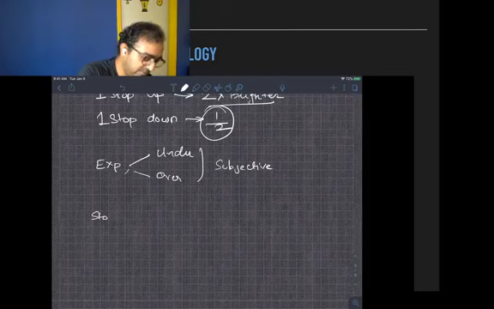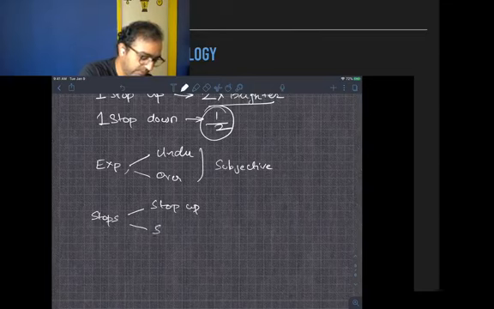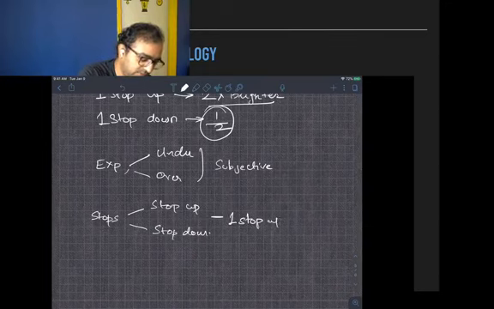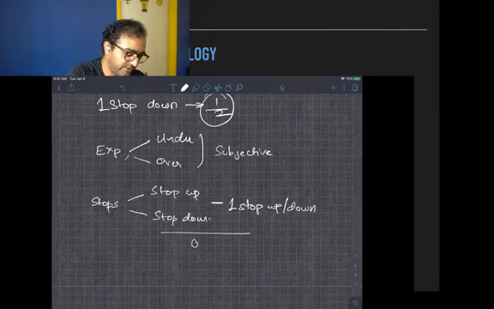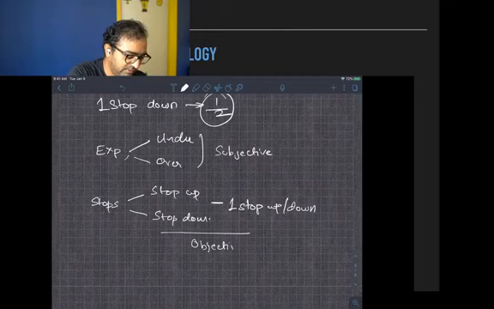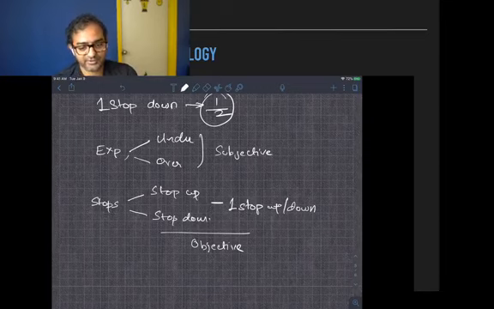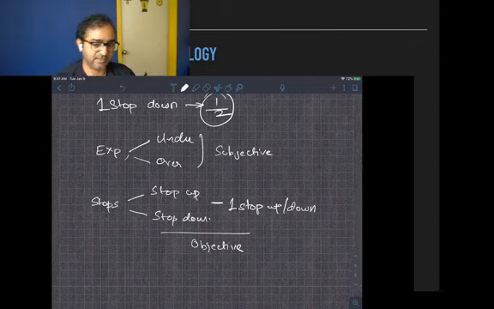We have stops. You can stop up or you can stop down. By how much? By a number of stops. So one stop up or down, and this means half or double in brightness. And these are objective measures. This is all objective. Now, again, what does objective mean? Objective means it doesn't change based on my opinion, right? One stop up is one stop up no matter who's looking at it. One stop down is one stop down no matter who's looking at it, right? So that's why it's important to understand the difference between objective and subjective measures.